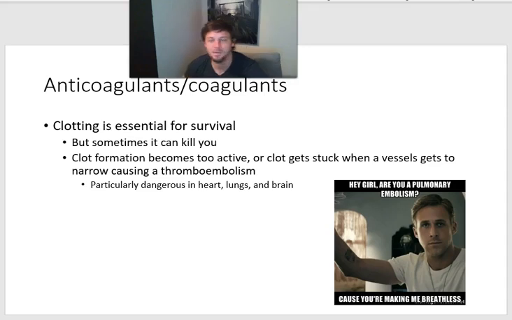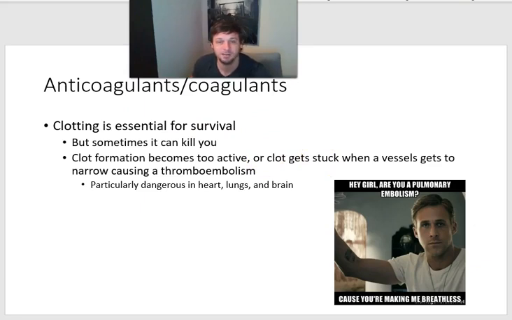Okay, enough about antihypertensives. Let's talk about anticoagulants. So it is really important that your body clots, right? If you get any sort of wound, it's important that you can close that wound. But sometimes clots can kill you, right? If it becomes too active or a clot gets stuck in a vessel